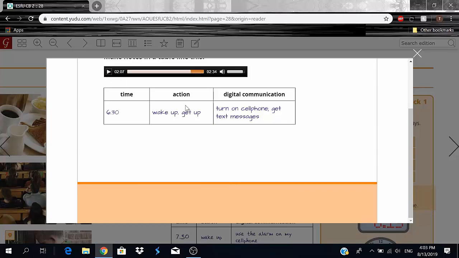Okay, so for digital communication, this one's going to be quite long. We're going to say laptop and then dash, obviously because she's using a laptop. She does research on the internet, okay? And she also listens to music on her MP3 player, okay? And then full stop, and then we'll probably say friends usually call or send texts about assignments.